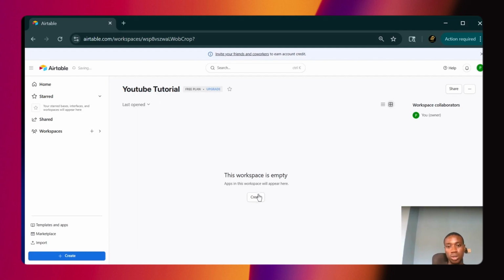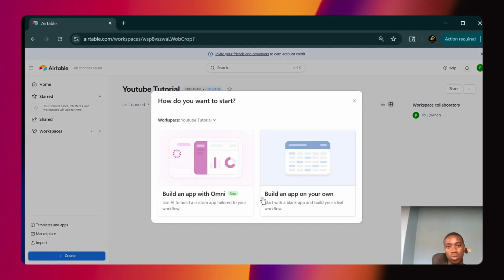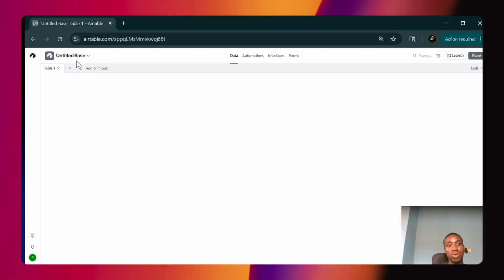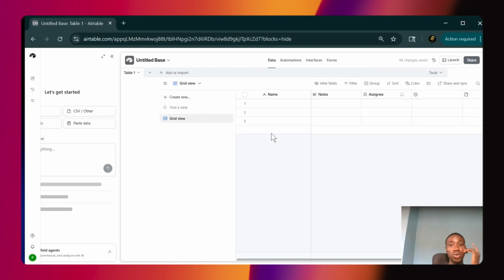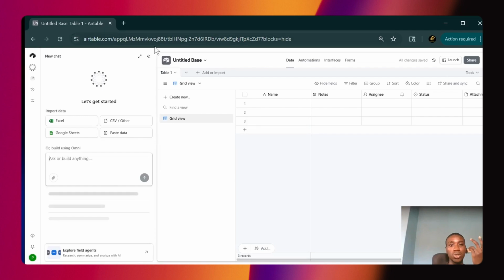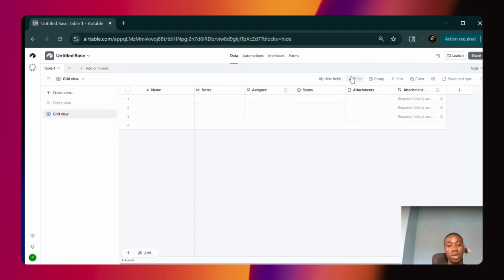Then click on build your own app. That means you've already created the base. This is your first database, where you're going to save your business details, and I'll show you how to link this quickly so it won't take much of your time.